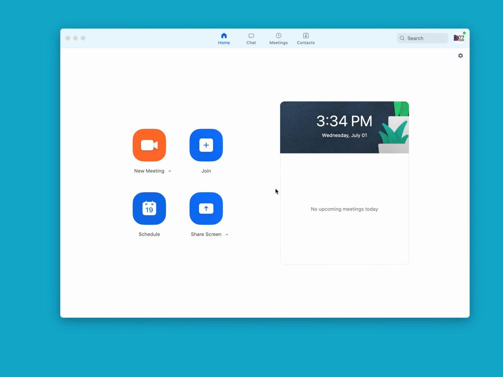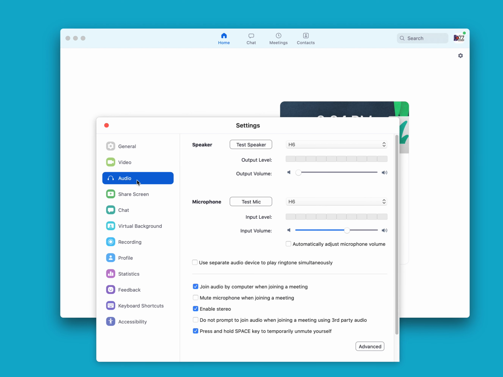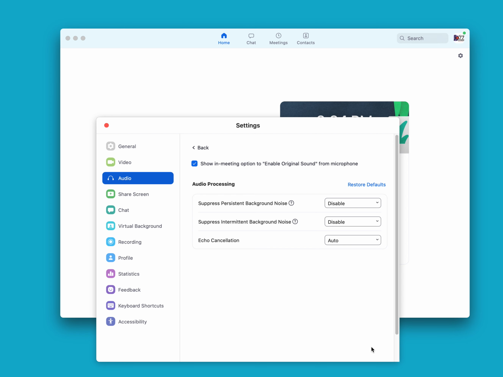Okay, so here's a video about some audio settings to use in Zoom to get the most out of your jazz school class. First thing you want to do is go to this gear here for settings, select that, then go to your audio tab on the left, then from here go to the bottom right, click advanced, and here we need to make some changes from the